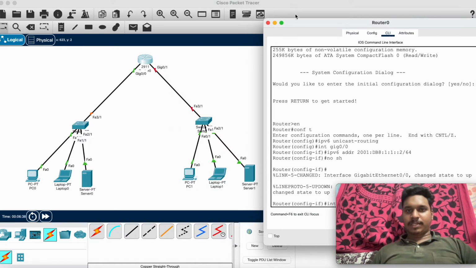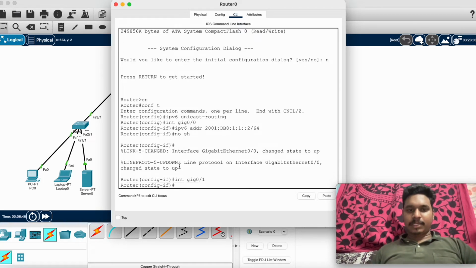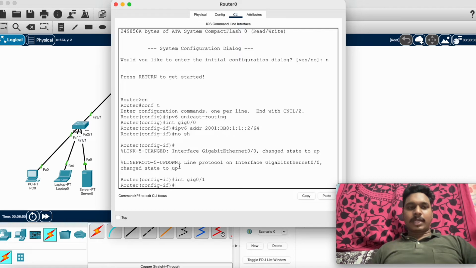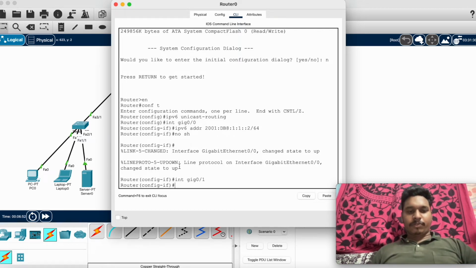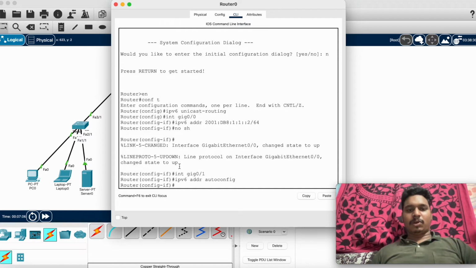Now let us configure gig 0/1. Let us configure int gig 0/1. Here we will use auto configuration, that is IPv6 address autoconfig. So now it is auto configured.